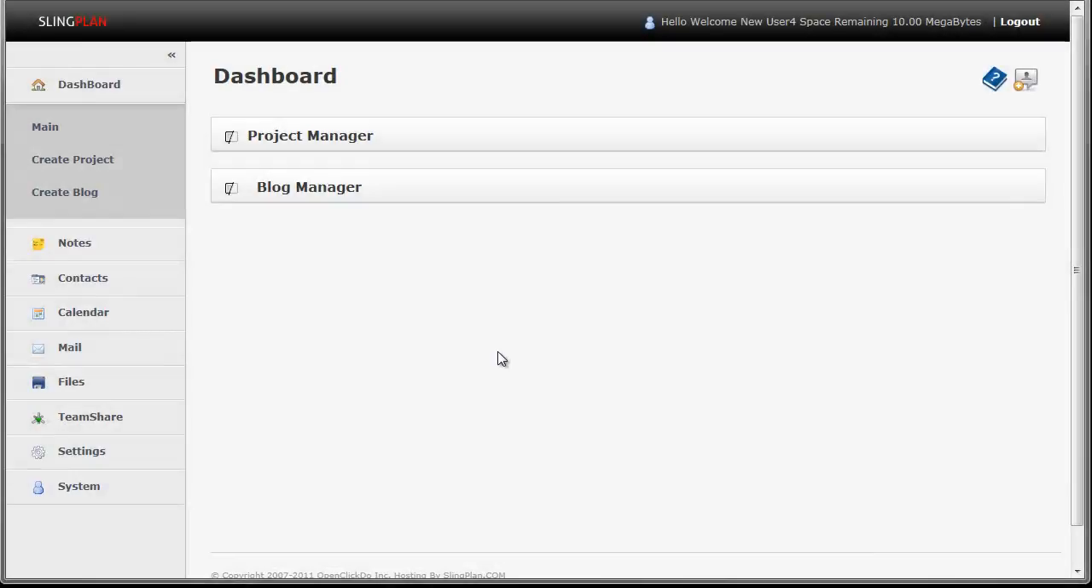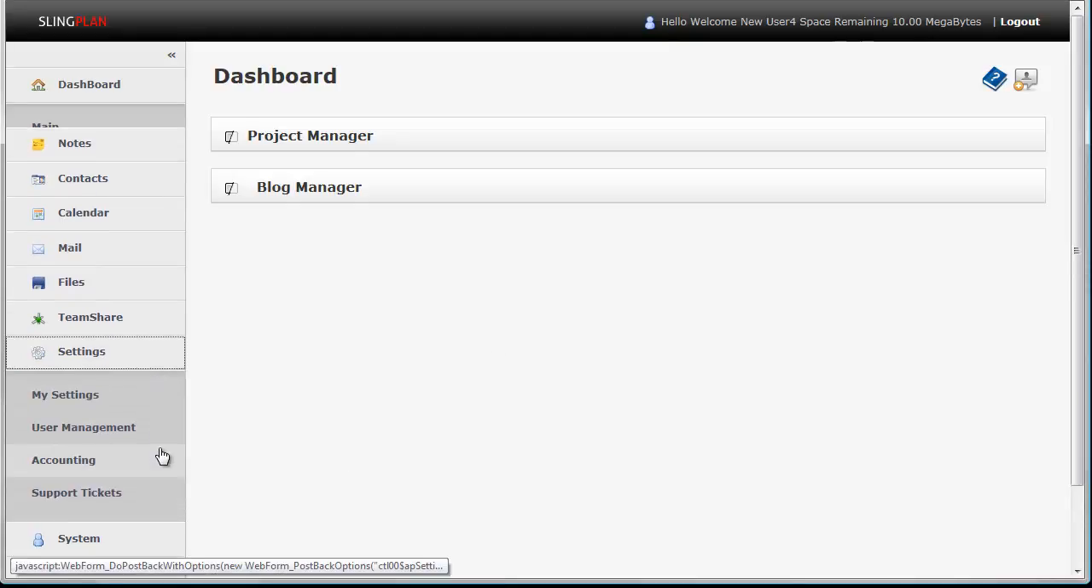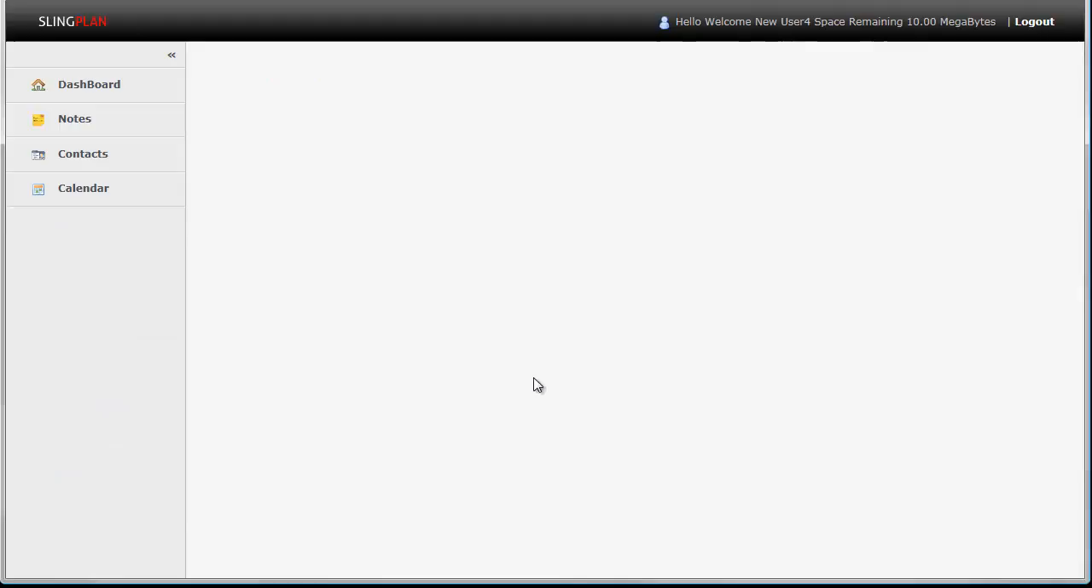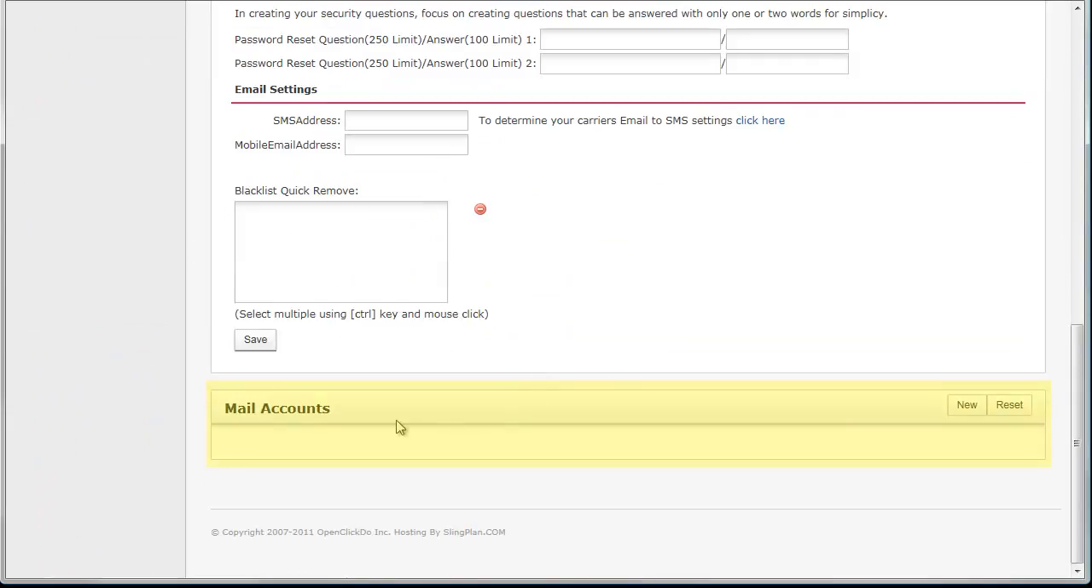To download mail into your SlingPlan mail account, you'll need to link to your existing mail service provider. To do so, you go to Settings, My Settings, and down at the bottom you'll see your mail accounts. You can add as many as you need. To start, let's click New,